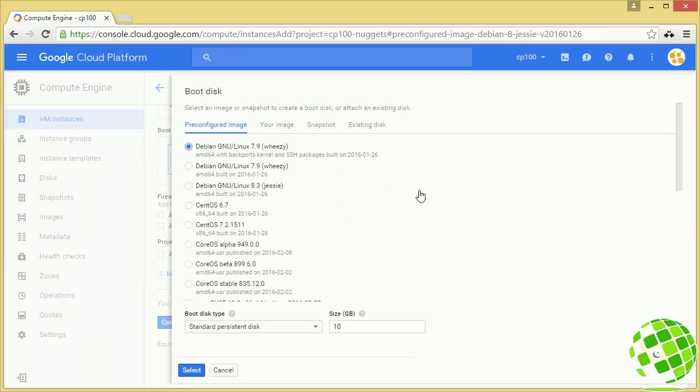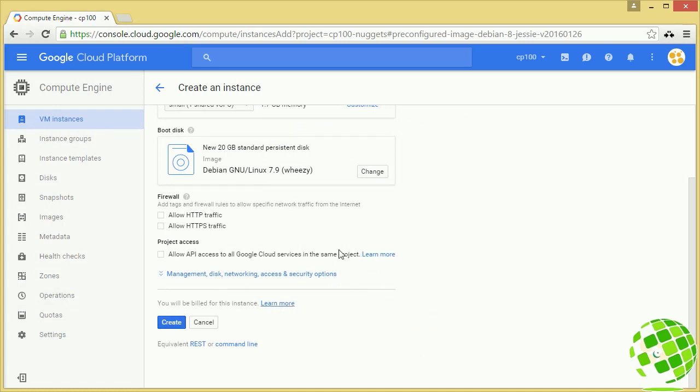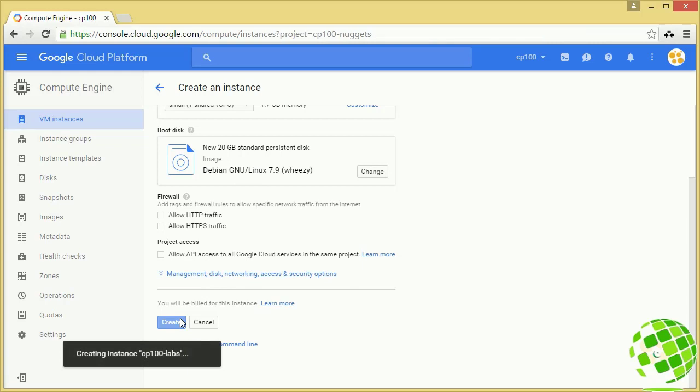and we are going to choose the latest Debian GNU Linux 7.9 Wheezy image. Down here we want to change the size of our disk to 20 gigabytes. So we're going to use a standard persistent disk here, and then hit select. All right, and that's it. We're good to go. So now all we need to do is hit the create button, and that's going to